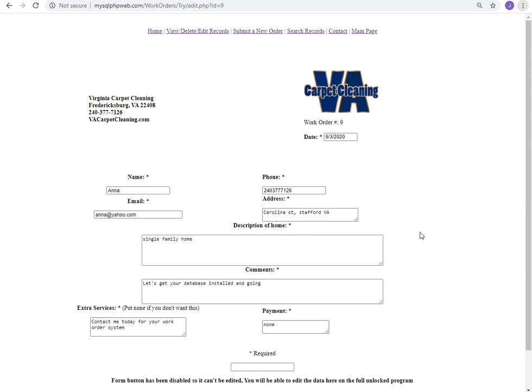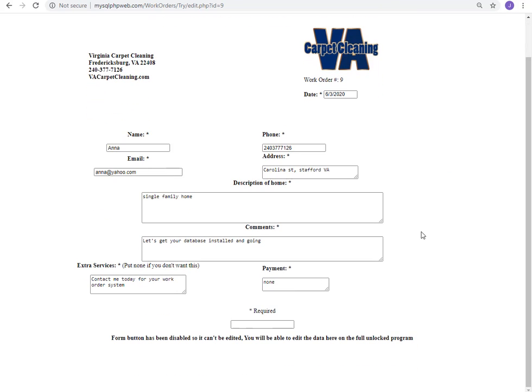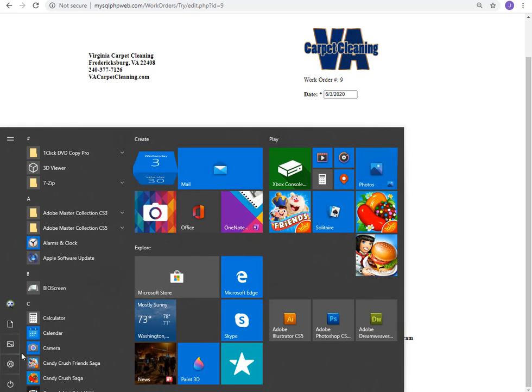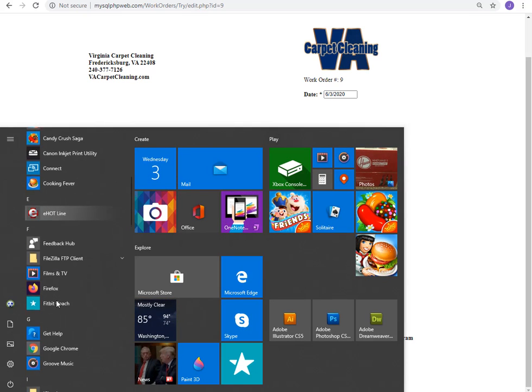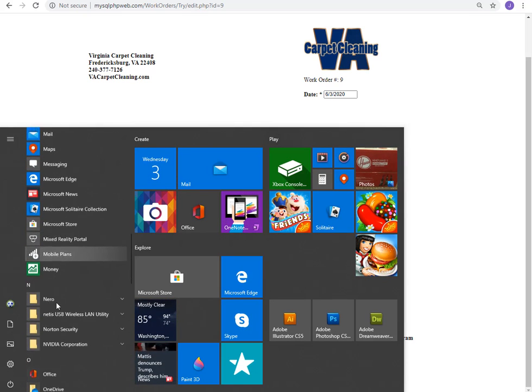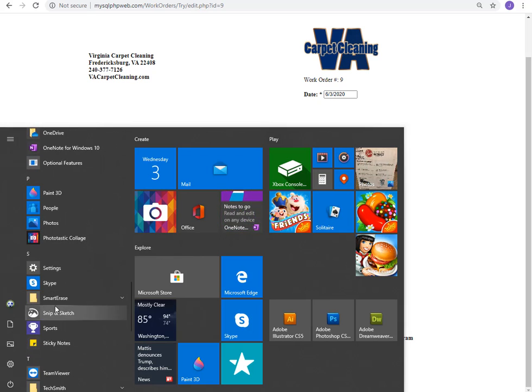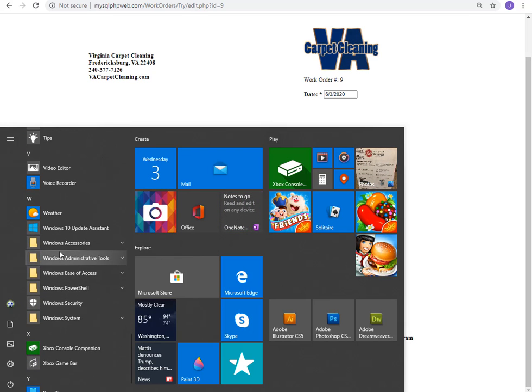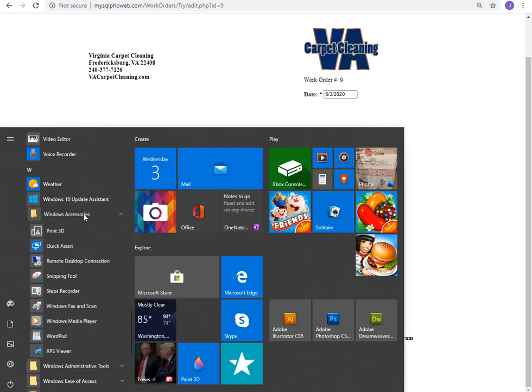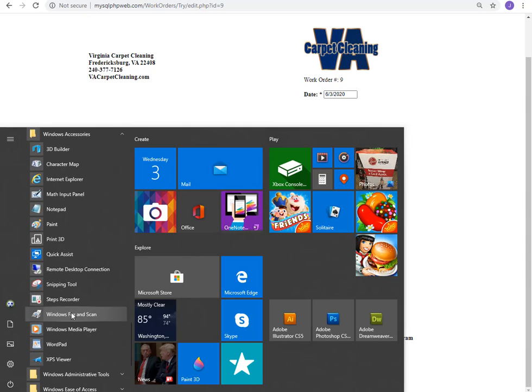See, screen capture. I don't know if you know how to use screen capture. On your keyboard there should be a screen capture key. I don't see it right now. Oh yeah, print screen. Oh no. Well, this one doesn't have it here, so let's go and get something here. It should be around Windows accessories. It should be the snipping tool,